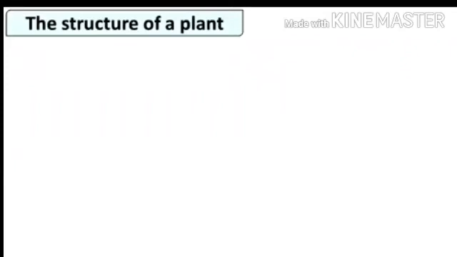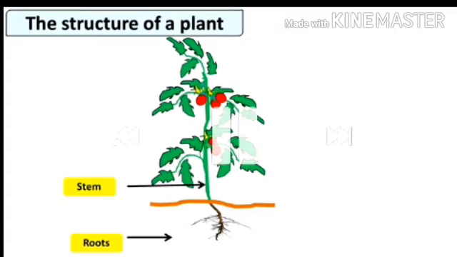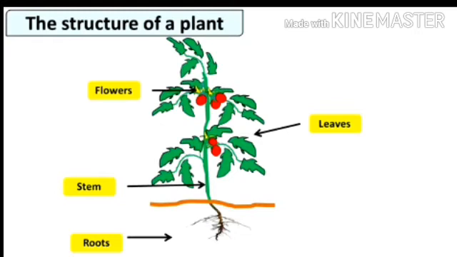Whenever we go outside, we are observing the different varieties of plants and their structure also. Now we have to see the detailed study of the structure of a plant. So let's see the structure of a plant. In that structure there is variation: the root, then the upper part, the stem, then the leaves, then flowers, and flowers convert into fruits.